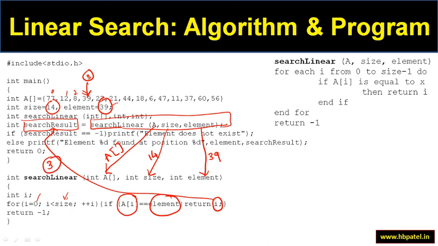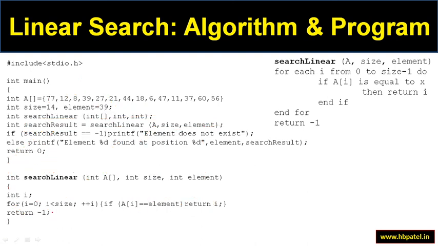And if rather than 39, we are looking for, let's say, 99. In that case 99 is not here, so it will come out of this loop and it will return -1. So this -1 will go into this search result. So depending on what you are looking for, whether it is there or not, it will return either I, that is the location, or -1 if the item is not there. And then if the result is -1, that means we are going to print that the element does not exist. Otherwise we are going to print that we did find the element at location I. Right, so this is the linear search implementation.